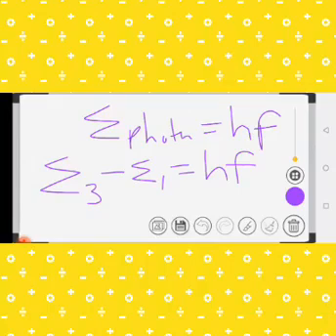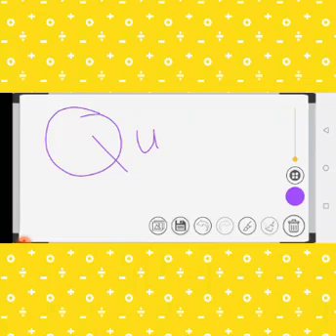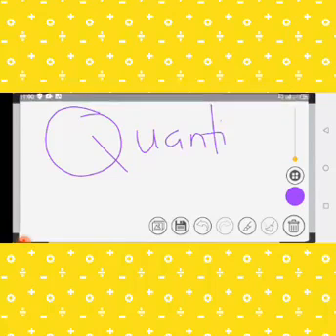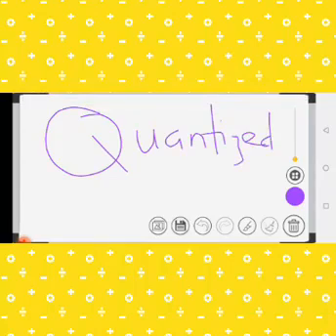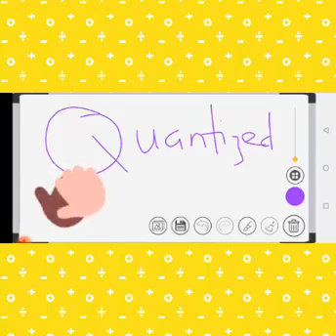Finally, I would like to say that the reason it is called energy quantization is because this energy has a fixed value. It has a particular value. It has a specific value. So in physics, when you say something has a specific value, we say it is quantized. Don't forget, this branch of physics, you can call it particle physics, you can call it atomic physics, and we use different terms in describing concepts in physics. So when something has a fixed value or a specific value,